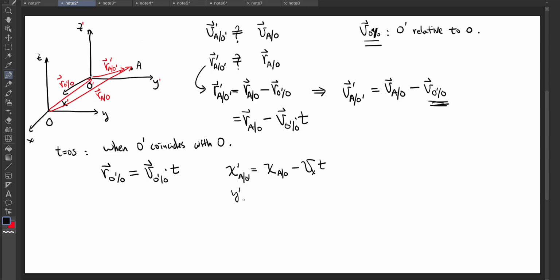And the y direction, and sometimes we just write y prime to represent the position measured inside the O prime system. So that's y prime equals y minus vy times t. And then the z direction, similarly, z minus vz times t. And we also have t prime equals t. So the time measured in the two coordinate systems is always the same. And this kind of transformation is called a Galilean transformation